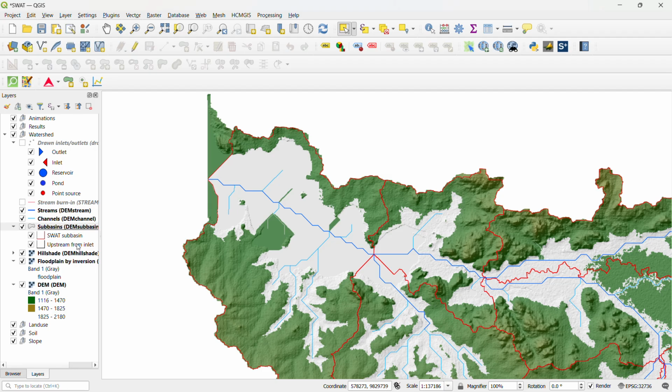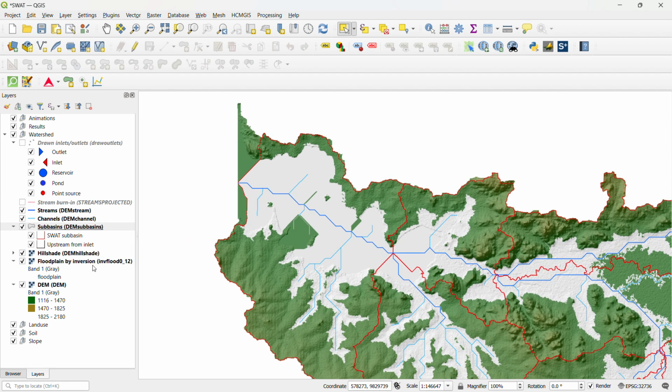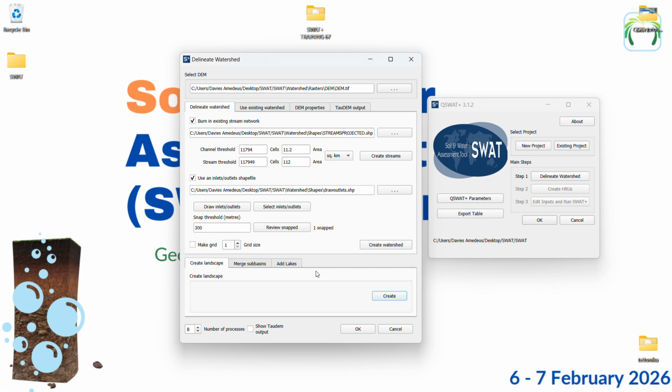We will find the floodplain here, and this is entirely based on the inversion method. So after you have done that, which is actually very optional, you can go ahead